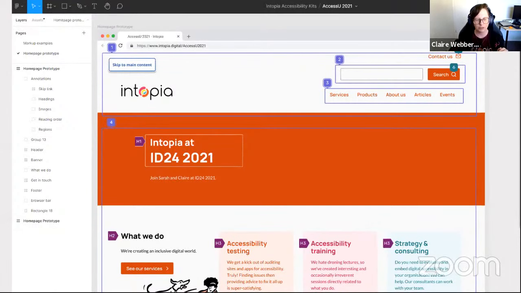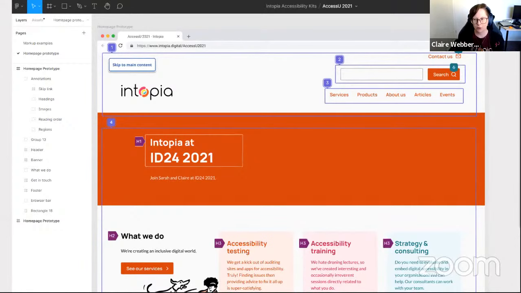And here what we've done is added the annotation layers at the top of our layers so that they're really easy to access, and we've grouped them together. That way we can hide and show the annotations when we need them or when we don't need them, making it so we don't have to have multiple versions of a page. We can export it all if we want to export it without the annotations or with the annotations.